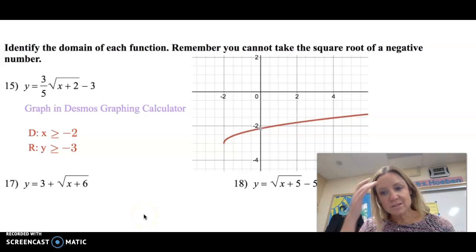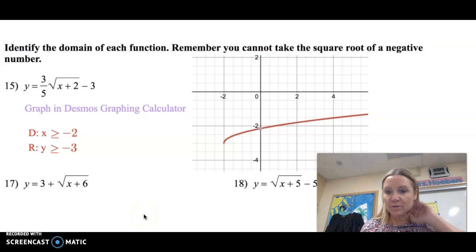This is pre-calculus assignment number 16, and we're looking at number 15. It says to identify the domain of each function. Remember, you cannot take the square root of a negative number. So what I did is I took the